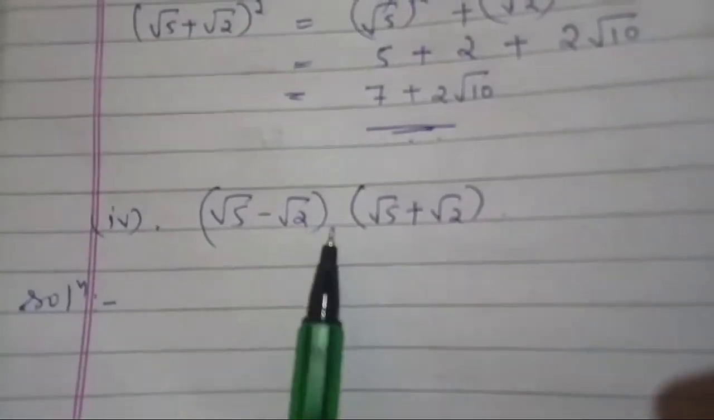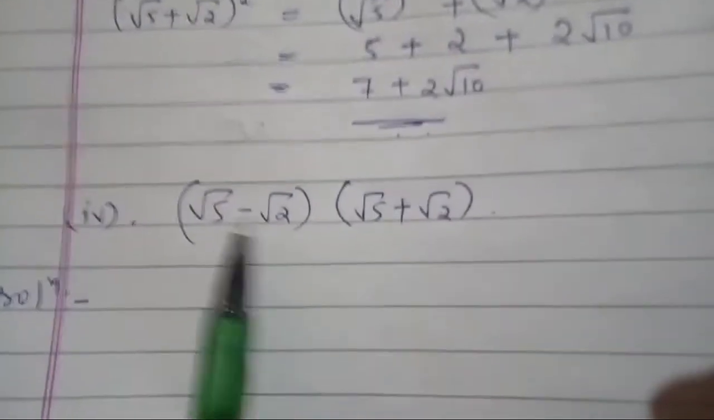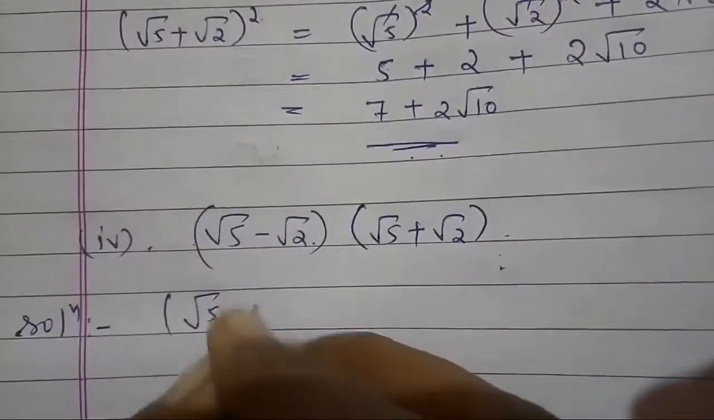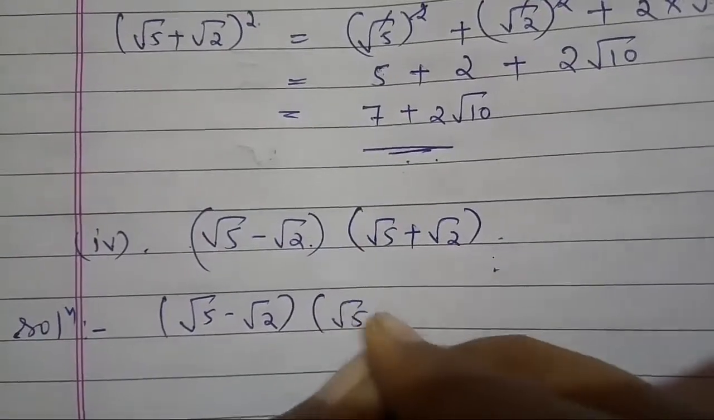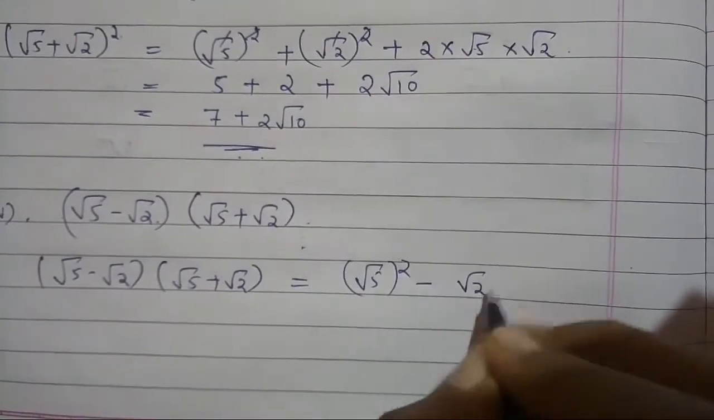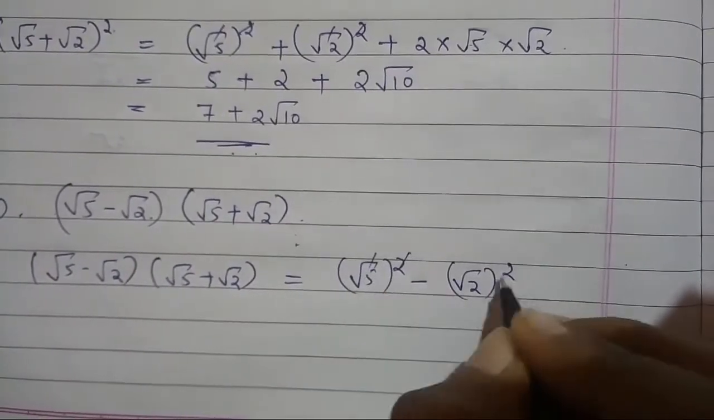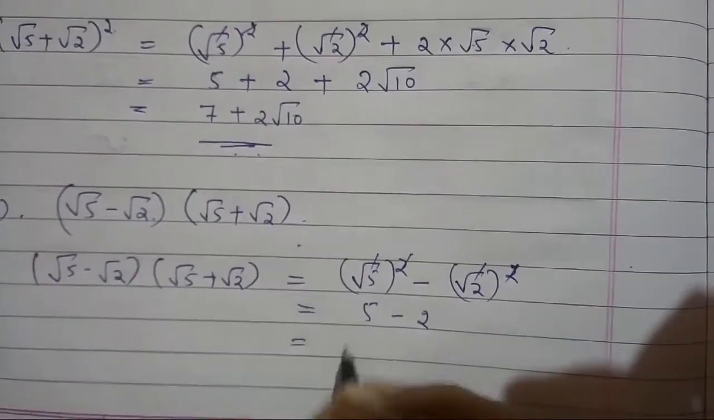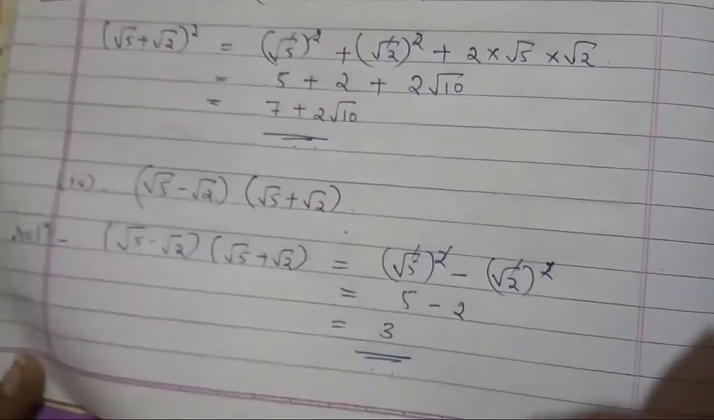(Root 5 minus root 2) into (root 5 plus root 2). It is in the form of (a minus b) into (a plus b). Write the given problem, here a is root 5, so root 5 whole square minus root 2 whole square. Here square and root get cancelled, remain with 5 minus 2, that is 3 will be the answer. Next, third